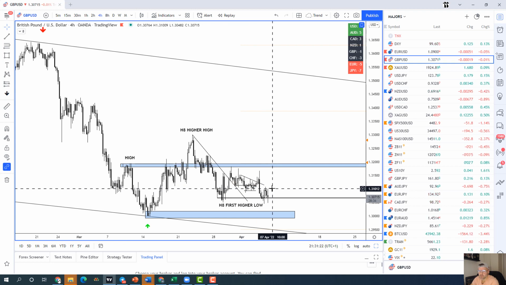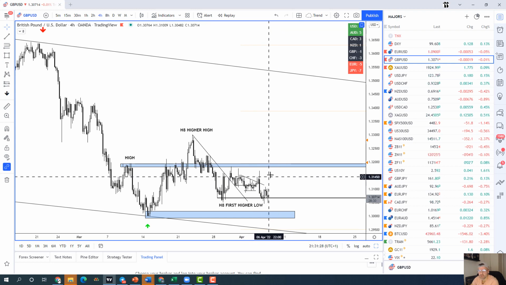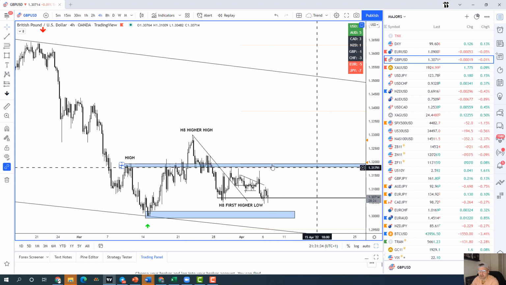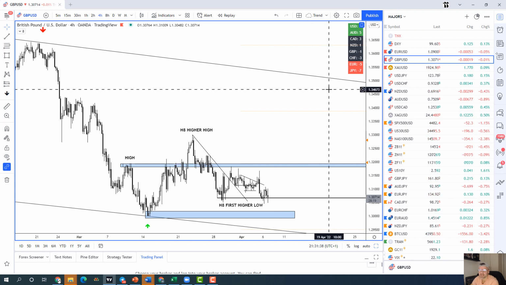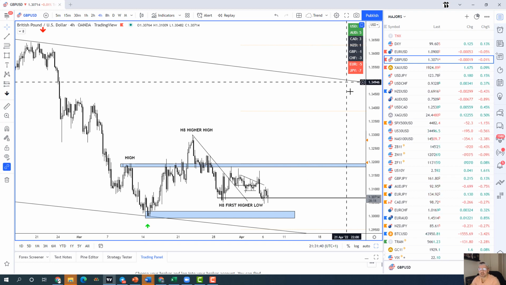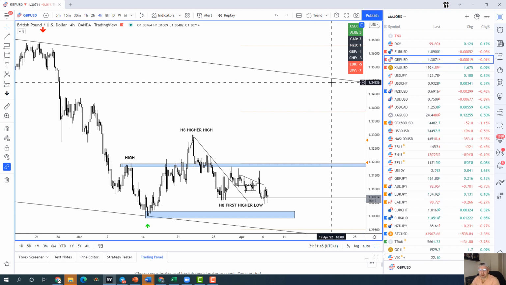If we get above 131, you can be quite aggressive, but you've just got to bear in mind that 131.40, 131.60, the market has been sticking. So ideally, you can see I've got an alert set here where this orange arrow is. If we get above 132, then I can see we could have a decent rally at least until the end of April, maybe the first week of May, hopefully pushing up towards 134.50s, maybe 135s,